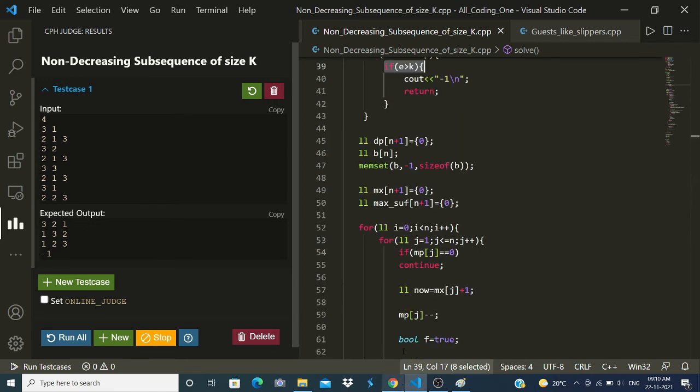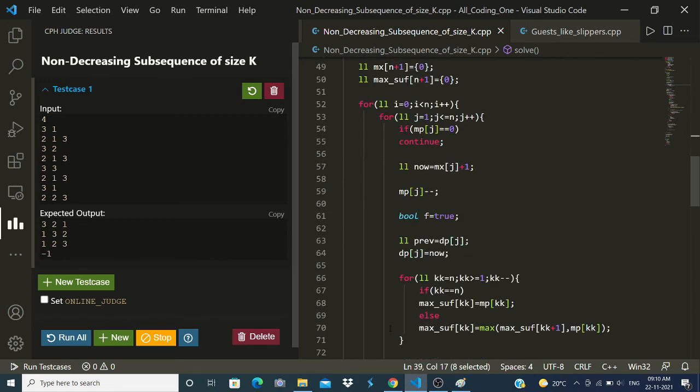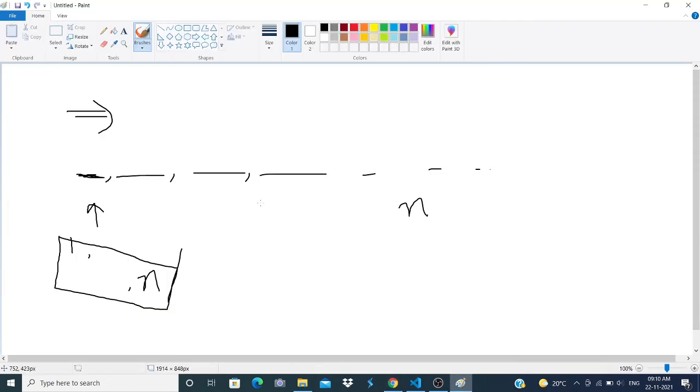Now let's come to the main thing: how we can check whether we can put a given number there or not. As I said, I just tried putting every number from 1 to n at a given position. But how do I essentially check whether a number will be possible to put here or not? Let's say I am at this position, and let's say I put a number x over here. Then how can you ensure that putting x will still leave a possible subsequence which can be made by putting numbers here, and ensuring that the sequence will also have the length of the longest non-decreasing subsequence equal to k.